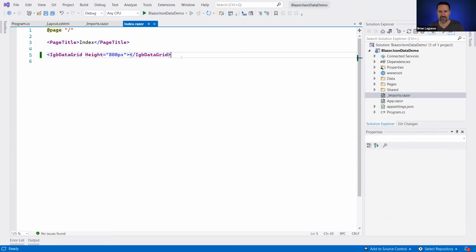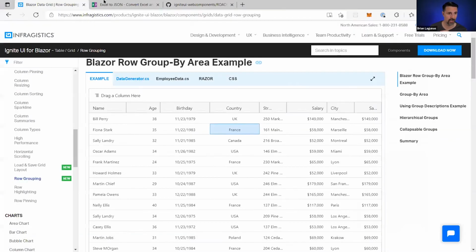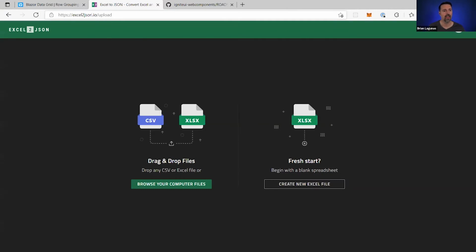The great thing about Blazor is that it's C#, it's strongly typed, but sometimes that's also a con, because it's not as flexible as JavaScript, right? As in a React or Angular application. However, this feature is really cool. Let's say I have a data source I want to use. In this case, I'm going to go to